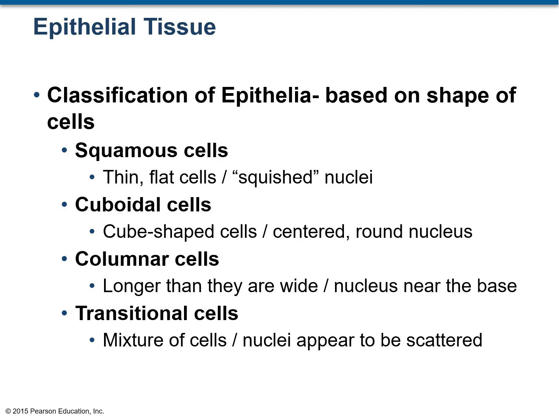The second basis for epithelial tissue classification is the shape of the cells. So epithelial tissue, if they are made up of flat or squished cells, those are known as squamous cells. So that tissue would be squamous epithelial tissue. If the epithelial cells are cube shaped, that means they have the same height as the width, then that is cuboidal cells. If the cells are taller than their width, that means they look like columns, that would be columnar cells. While there is a special class of epithelial tissues where the cells change shape, and that is known as transitional epithelial tissue.